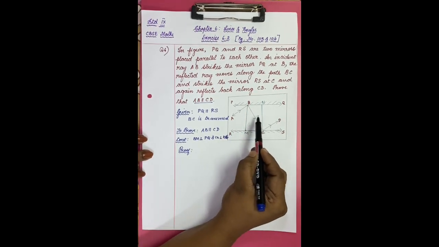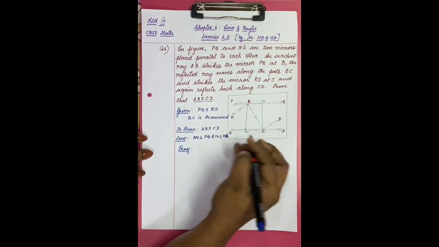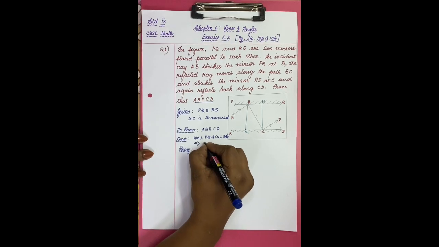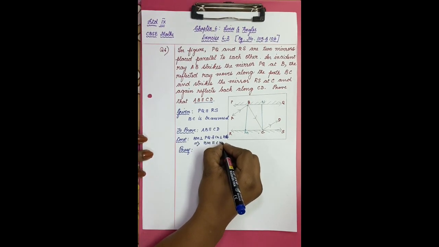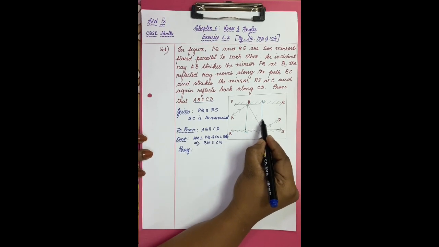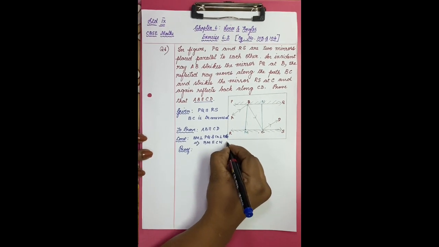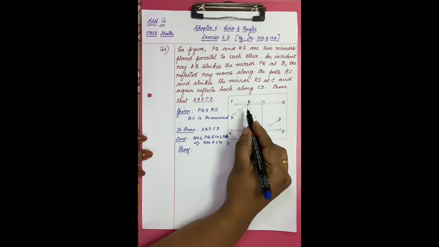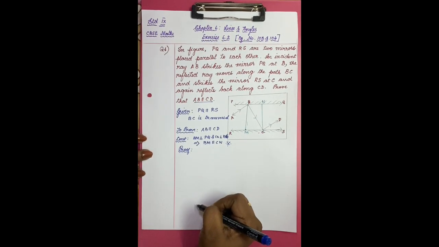Now, there are two perpendicular lines between two parallels. So automatically it implies BM is parallel to CN. Because two perpendicular normals are drawn, these two normals together become parallel. This is a very important construction. So, once you know BM and CN are parallel, we are going to start the proof.